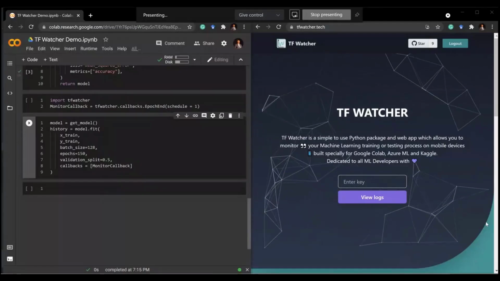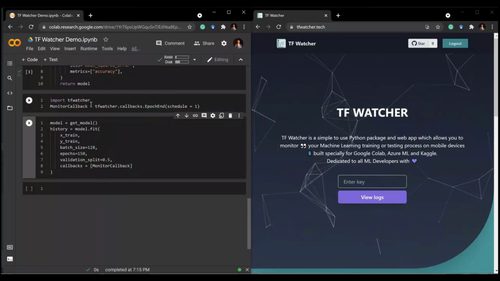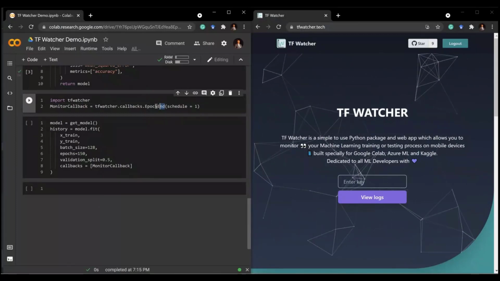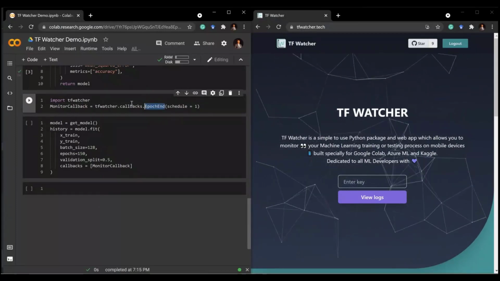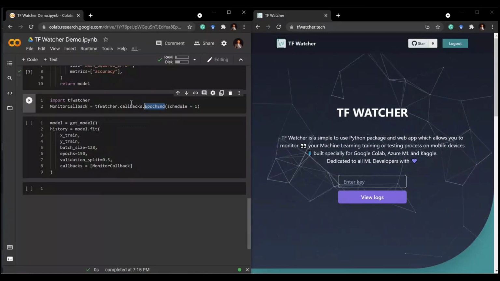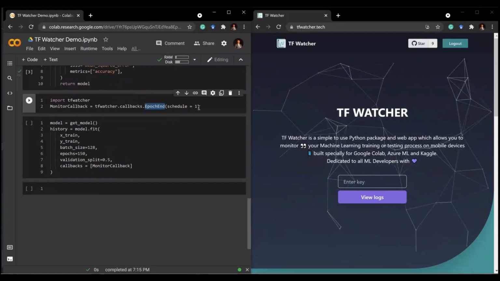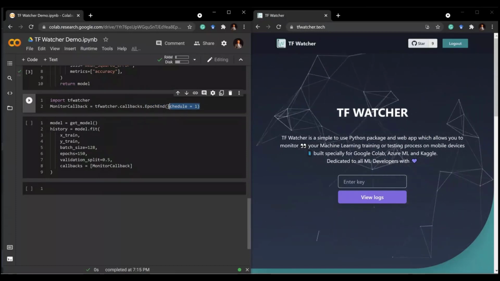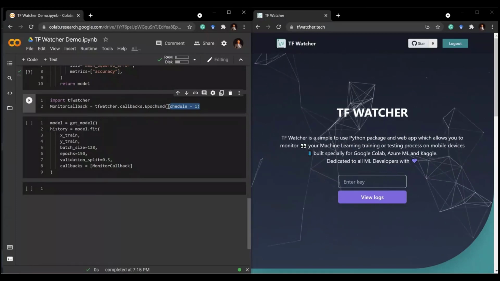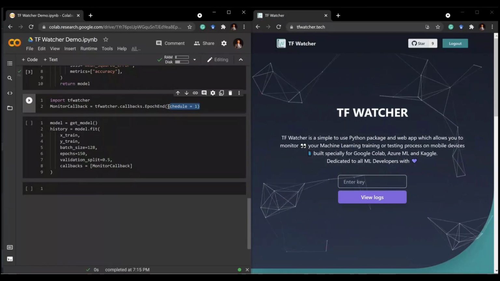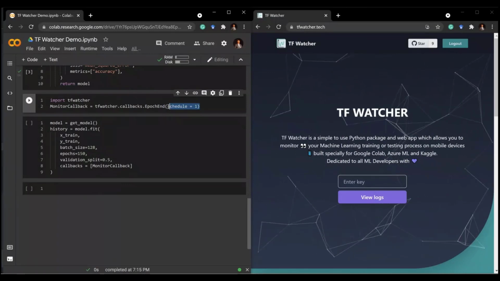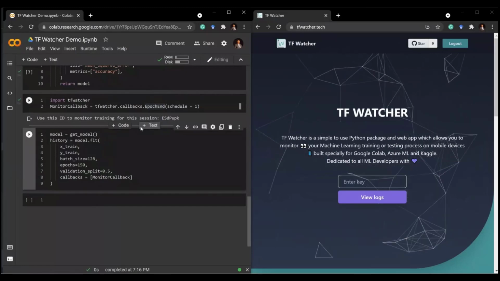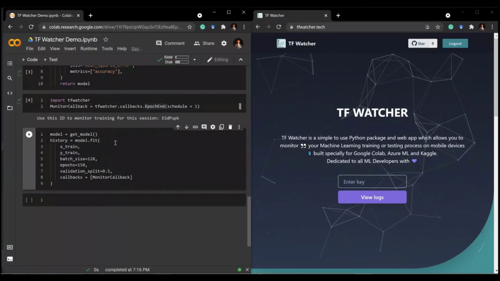So now we come to the interesting part, a live demo of our web application. I start by making an object of one of the classes we package with our Python package, which is called epoch end, which is just me telling it I want to monitor the logs after every epoch. And I pass it schedule equals 1, which is me saying I want to monitor logs after every epoch. I can go more wild and say something like I want to monitor logs after every 3 epochs, or I could also do something like I want to monitor logs at these particular epoch times. So let's run this. And as I said, this integrates very well with your ML workflow.